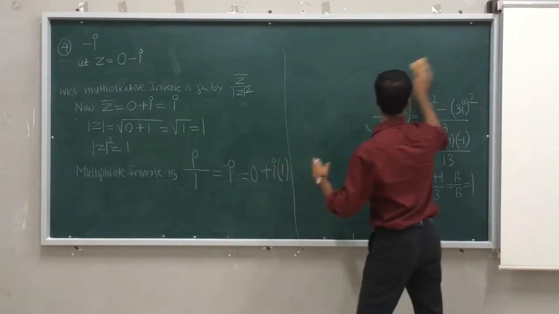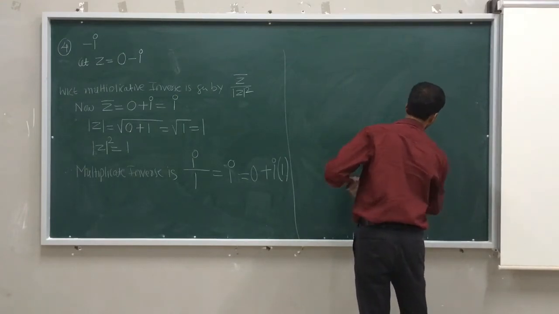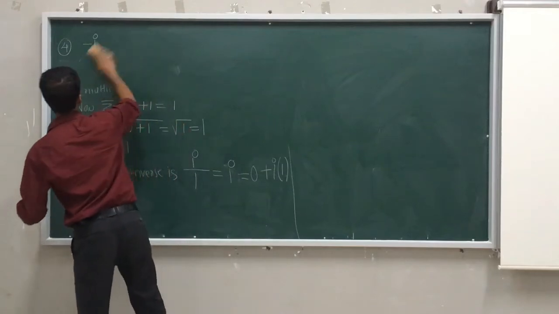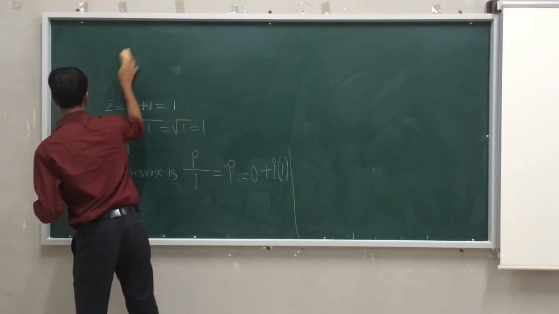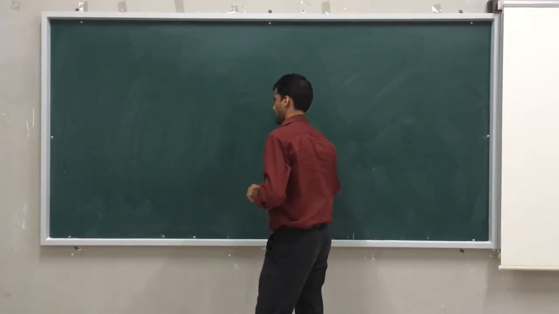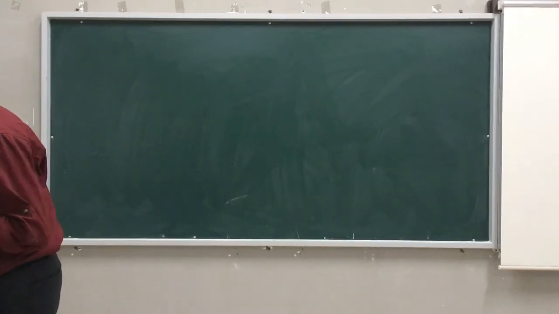Now I'll take a few questions based on modulus, conjugate, all these things, and after this I will jump to the next idea. Every year a multiplicative inverse question is fixed, so please make sure that you have understood this idea properly. Now I'll discuss questions based on the concepts we discussed so far from the miscellaneous part.